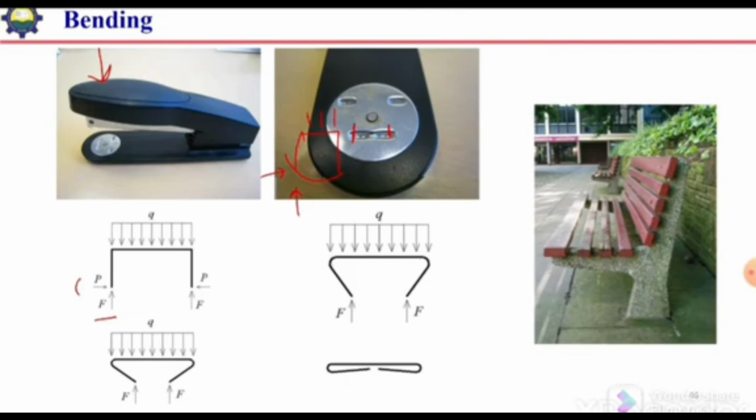This vertical force initially tries to bend this part of the needle. The bending will occur at the farthest point. Because of this horizontal load, the bending moment will be maximum at the farthest point. So the bending will occur at this corner. Because of this horizontal force, this part of the needle will bend in this direction, and